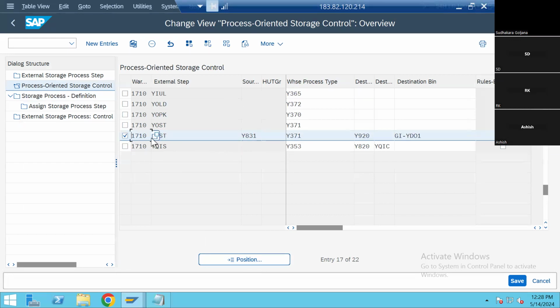See here, I define the process as steps: if the material is in this storage type, pick these things and keep them in this area. So I defined it, and this is not rule based, this is fixed, because internal steps are generally not dynamic. The system is not allowed to do it dynamically. Your pick bin can be dynamic, put away can be dynamic, but internal steps are generally fixed, as for the temporary